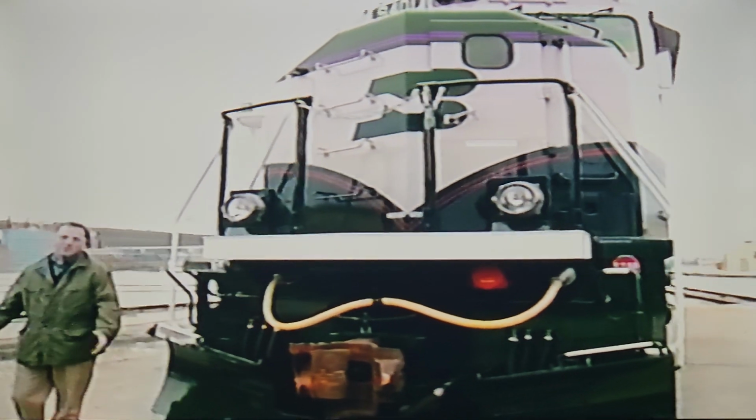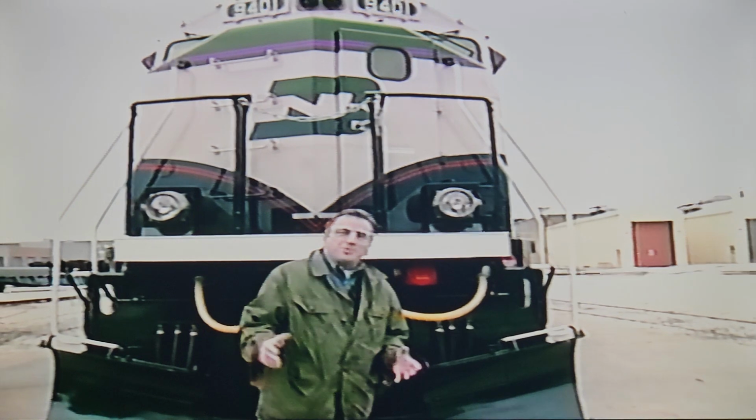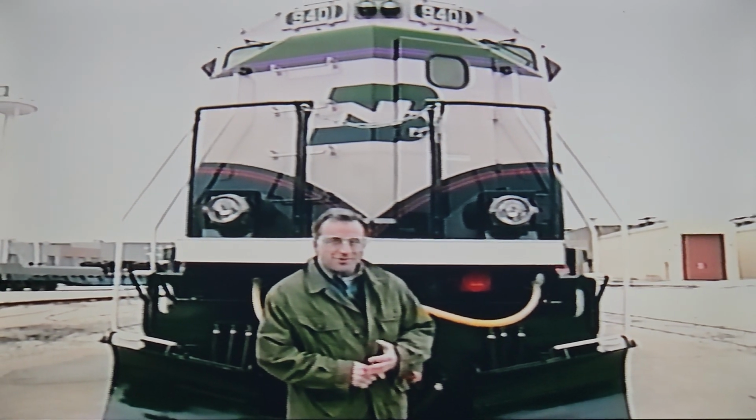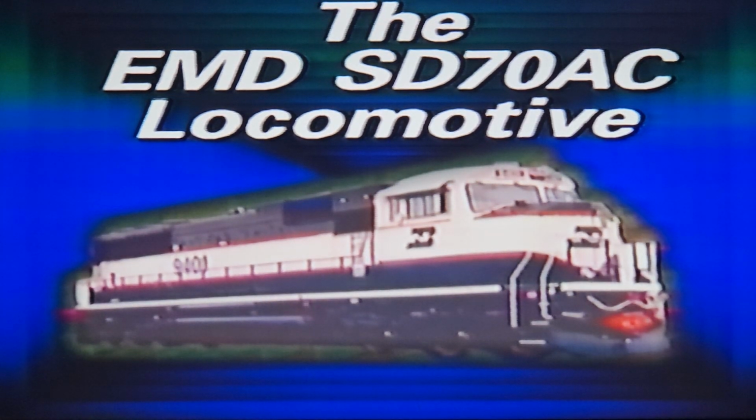Well, that completes our tour of the new SD70 Mac locomotive. I hope you found this orientation presentation helpful. What you've seen here today is by no means complete. You'll receive much more comprehensive information on the safety features, maintenance, and operations